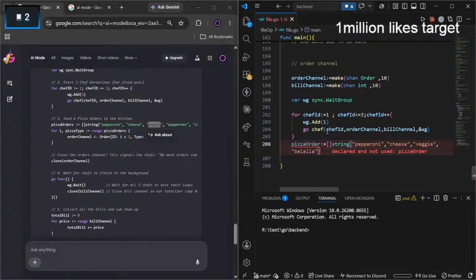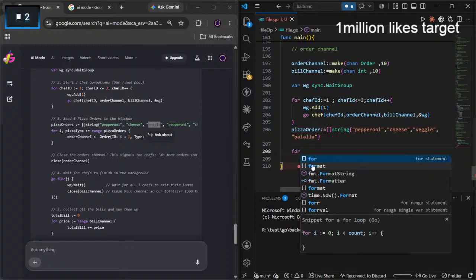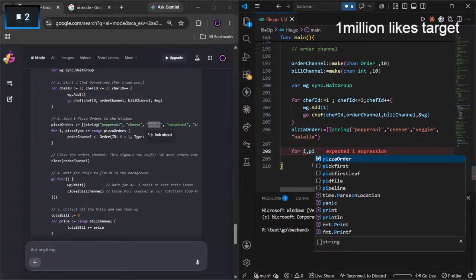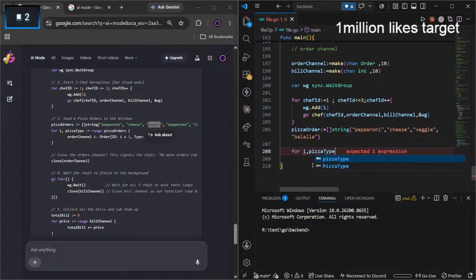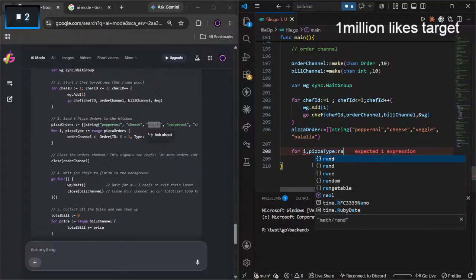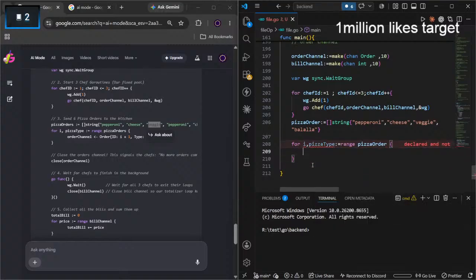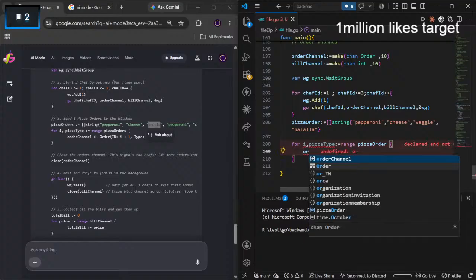Now get the default value, which is like invalid pizza type. Now we have to iterate over the pizza orders, I guess. Like index, comma, pizza type, in range of pizza orders.